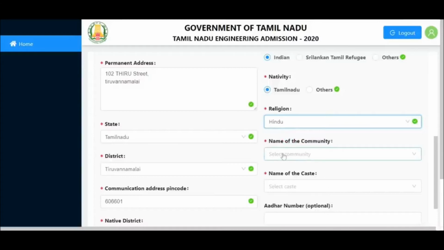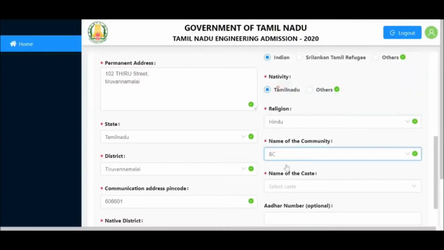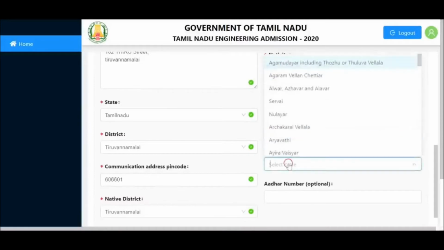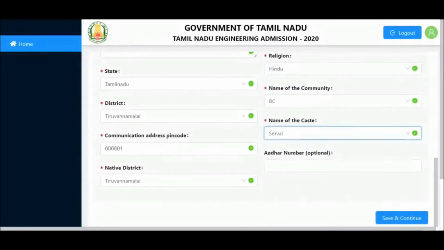And the name of the community, OC, BC, MBC, like that, you have to select one of them. And the name of your caste you have to select there. Aadhaar number is optional. If you don't know your Aadhaar number, you can leave that field because it's optional. So check once whichever fields you have filled, whether they are correct or not, and then click on save and